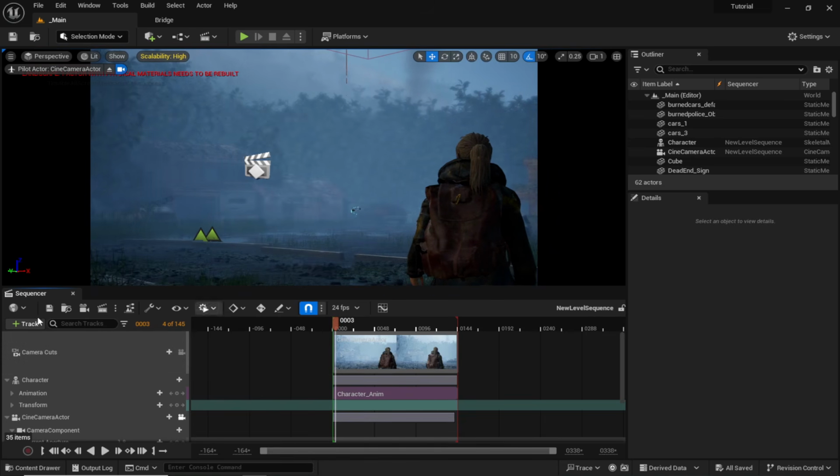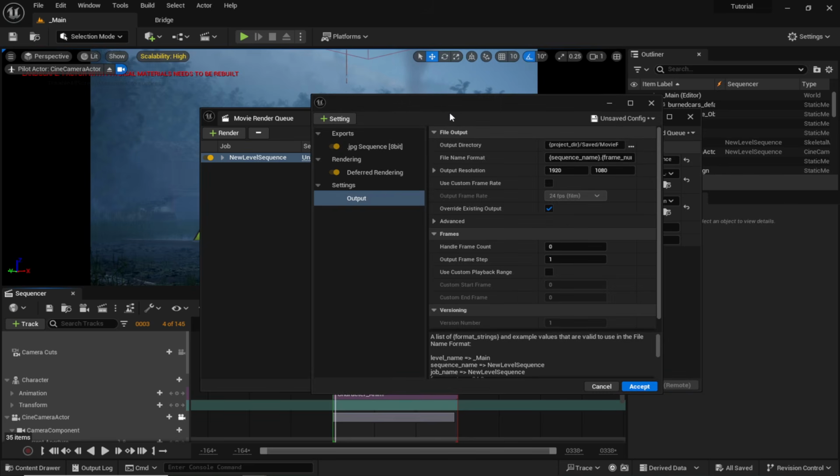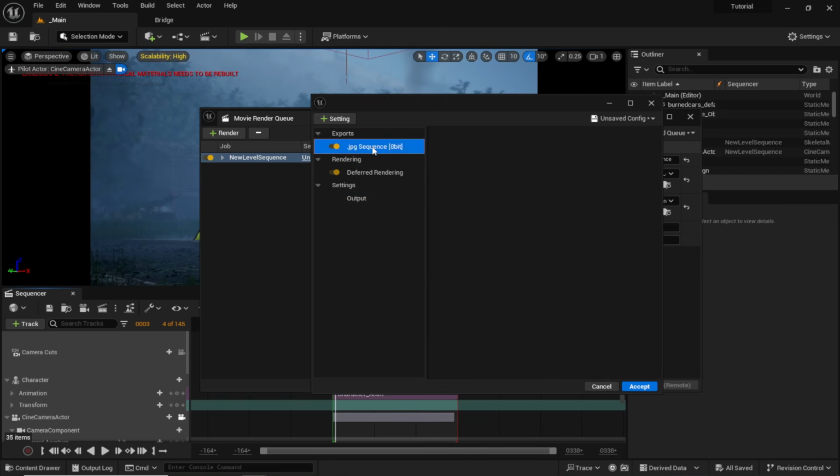Now we're gonna click on this render icon over here. Just click on it. And as you can see, we have the movie render queue tab. So just click on unsaved config. And now we have all the rendering settings. So you can change the output directory if you want. You can also change the output resolution, and you can use your own custom frame rate, but we're not gonna change anything from here. So I'm gonna delete this JPEG sequence,